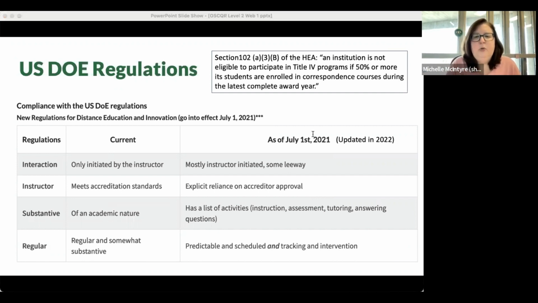I wanted to read to you directly from the summary response from RSI that really clarifies it. An emphasis on regular and substantive interaction is entirely consistent with well-documented, research-based effective practices in online course design and delivery. In online teaching and learning environments of any kind, which is asynchronous, synchronous, blended, hybrid, regular and substantive interaction must be with an instructor as defined by the institution and accreditor, be initiated by the instructor, be scheduled and predictable, be academic in nature and relevant to the